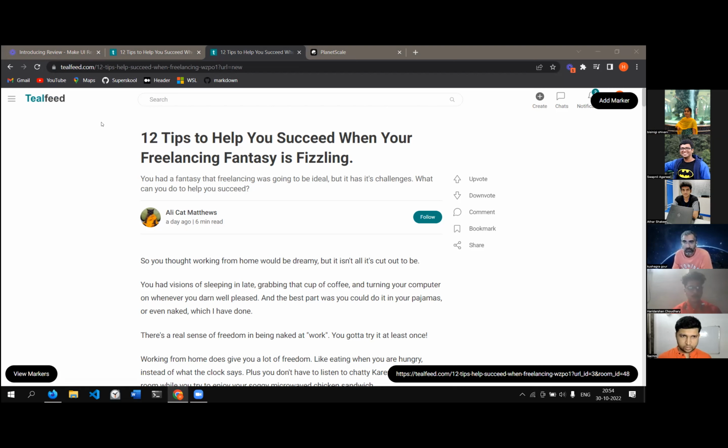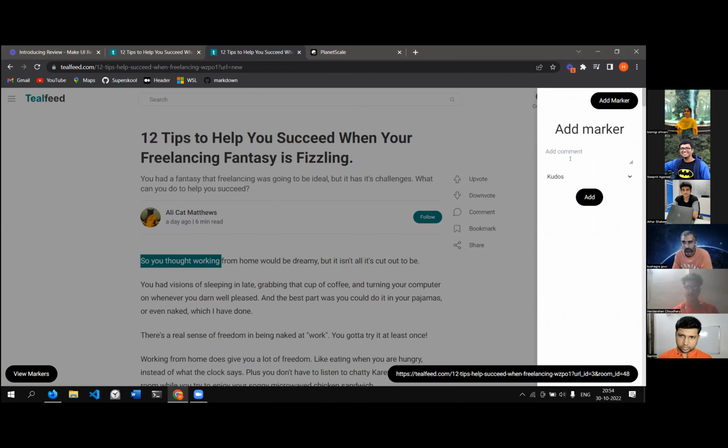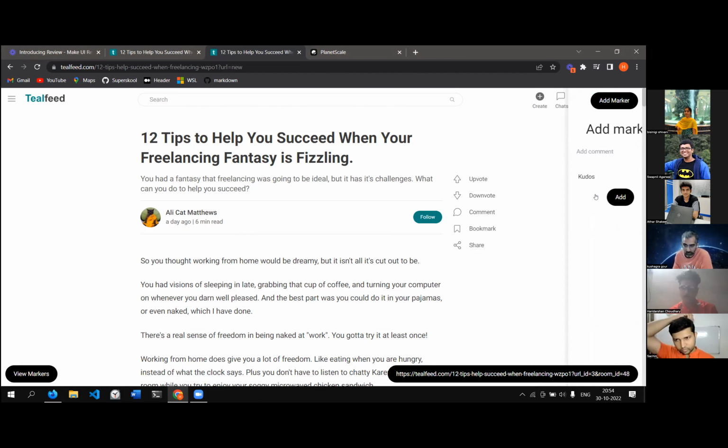Okay, anyways, so now if I say view markers, there are currently no markers, so I can select any text. Let's say I selected text and say add marker. It would say, okay, add a comment to this marker. So, this started well. And it can be kudos, bug, improvement or anything. I'll just say it's kudos here. And if I add it,